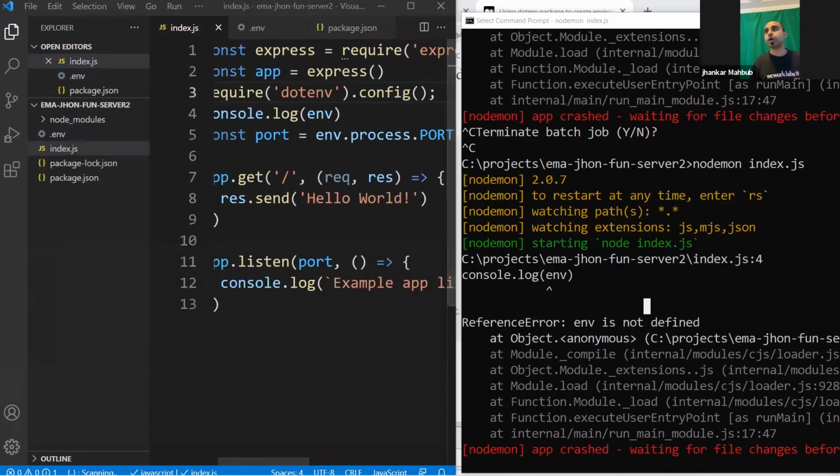Let me open another project and see whether anything is missing here. We go to the Amazon server, open index.js, and you see dotenv and express with process.env.PORT.